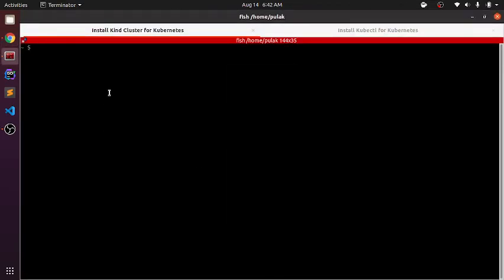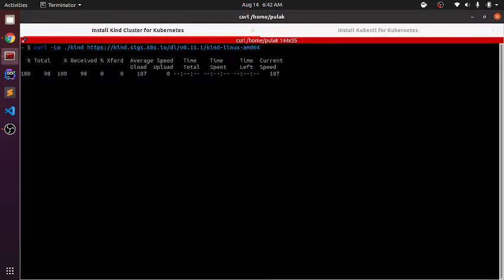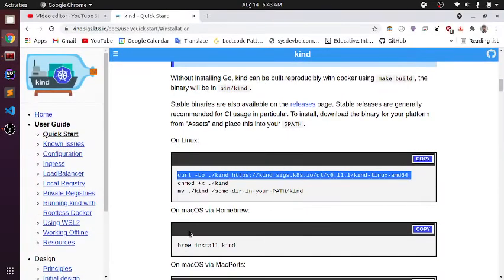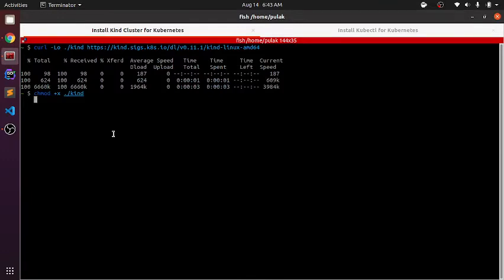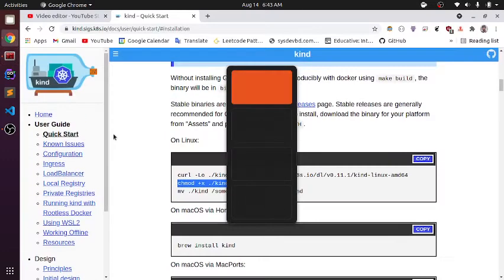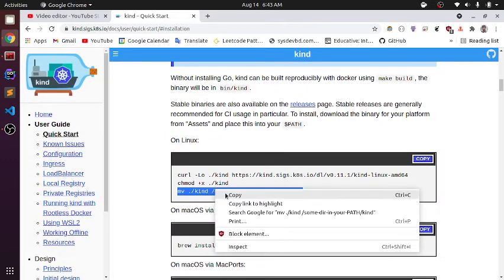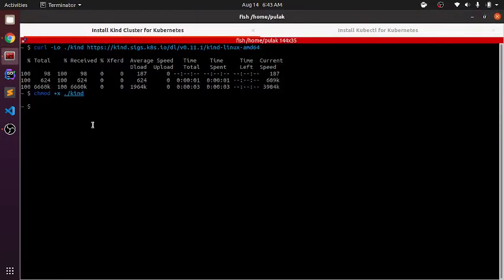So I am downloading the kind binary first. It will take some time to download according to your broadband speed. Let's give it the permission and then move it to some directory. I will move it,